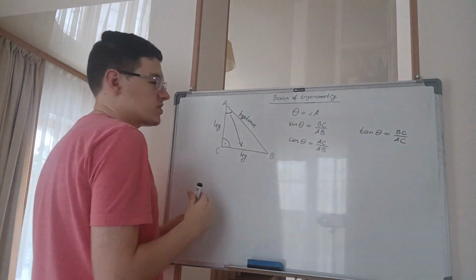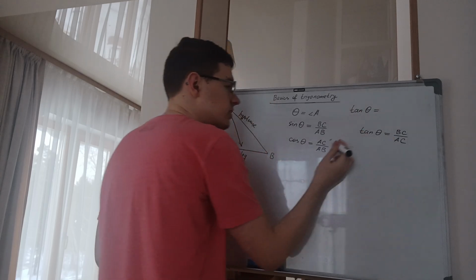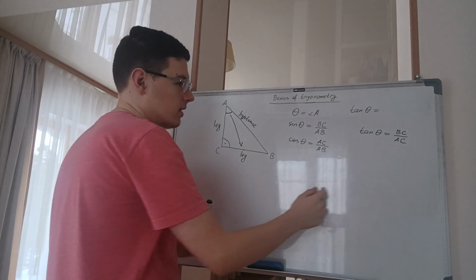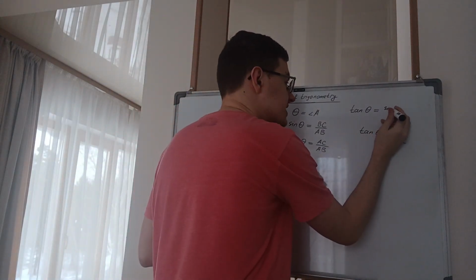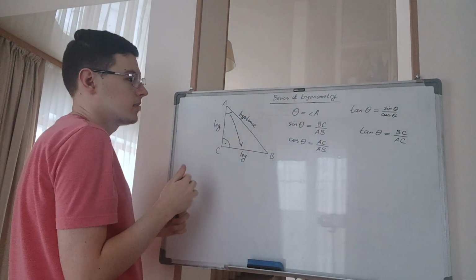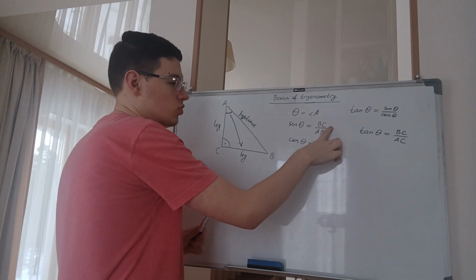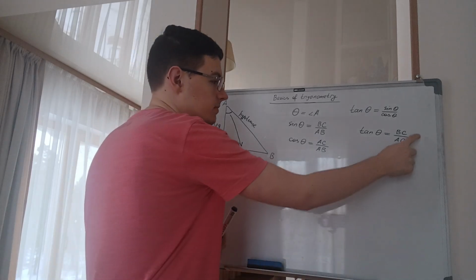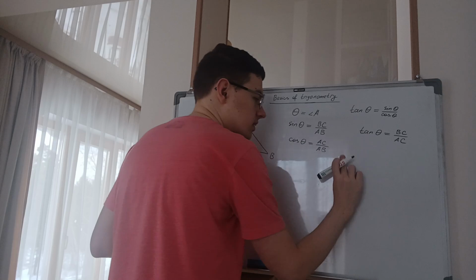One interesting fact is that tangent theta could be written in another way. The tangent is either the ratio of the opposite leg to the adjacent leg, or it can also be the ratio of sine of theta to cosine of theta. And it's indeed so. If we substitute these two fractions into this equality, we will receive BC over AC. Okay, and last but not least,